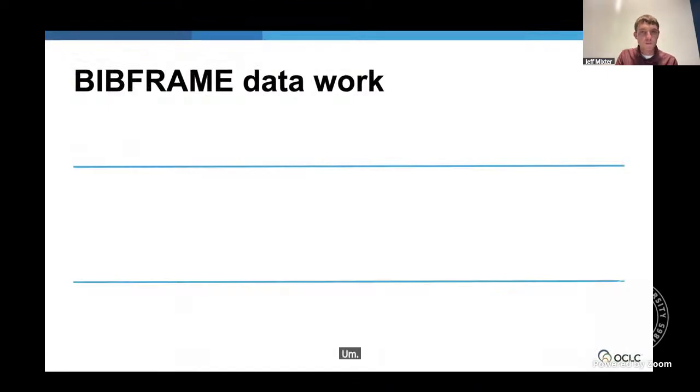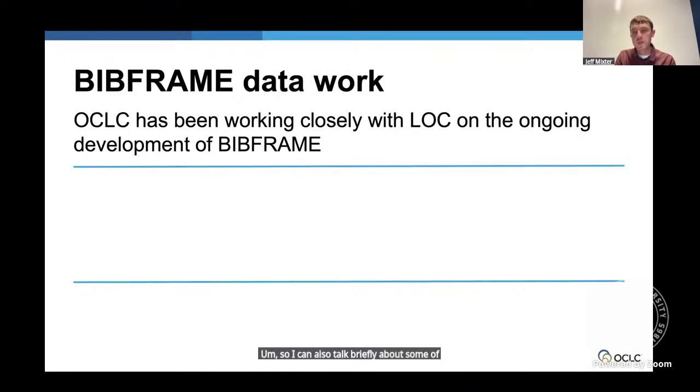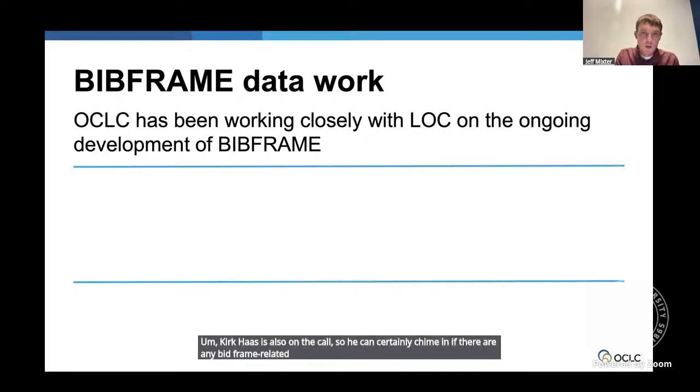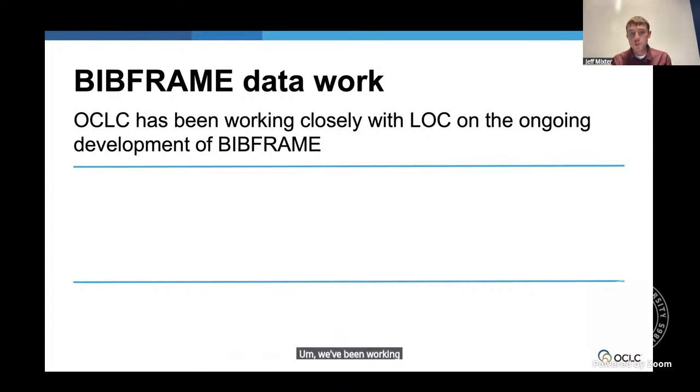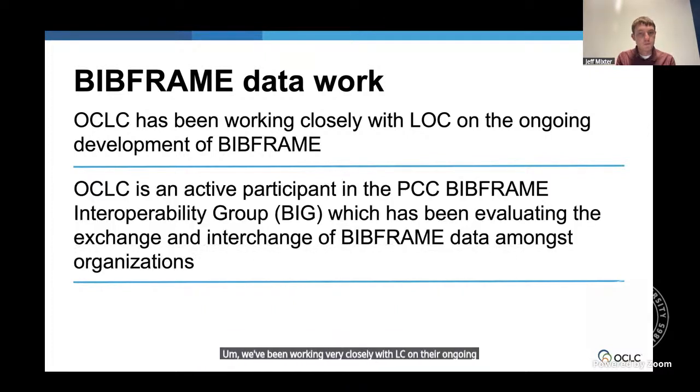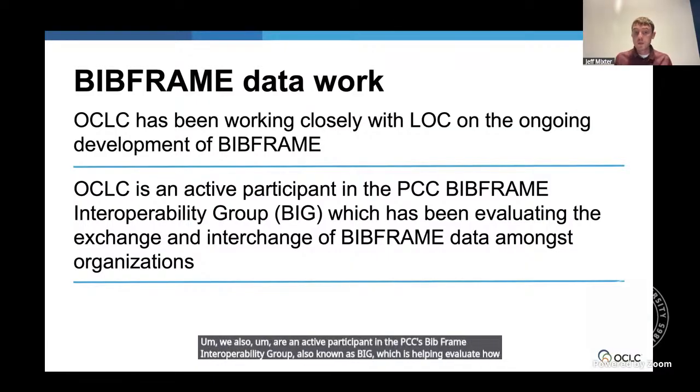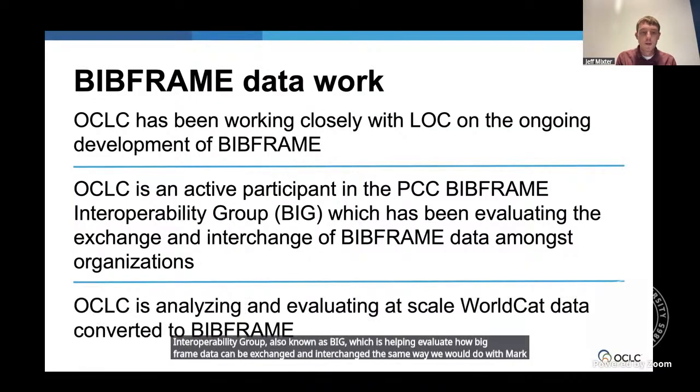So I can also talk briefly about some of the work we're doing with BibFrame. Kirk Hess is also on the call, so he can certainly chime in if there are any BibFrame related questions. We've been working very closely with LC on their ongoing development of BibFrame. We also are an active participant in the PCC's BibFrame Interoperability Group, also known as BIG, which is helping evaluate how BibFrame data can be exchanged and interchanged the same way we would do with MARC today.